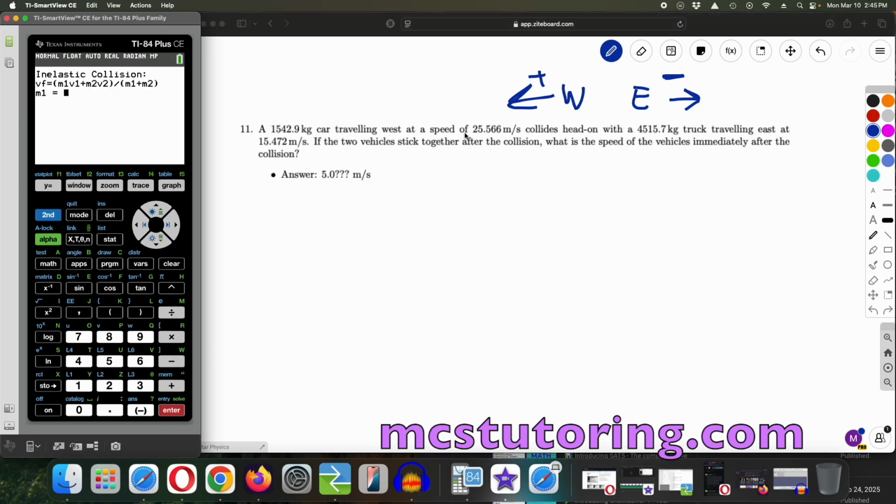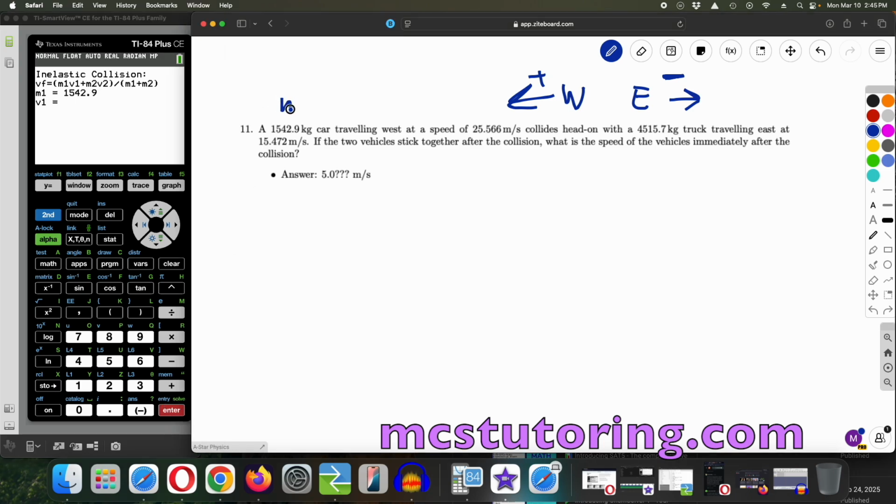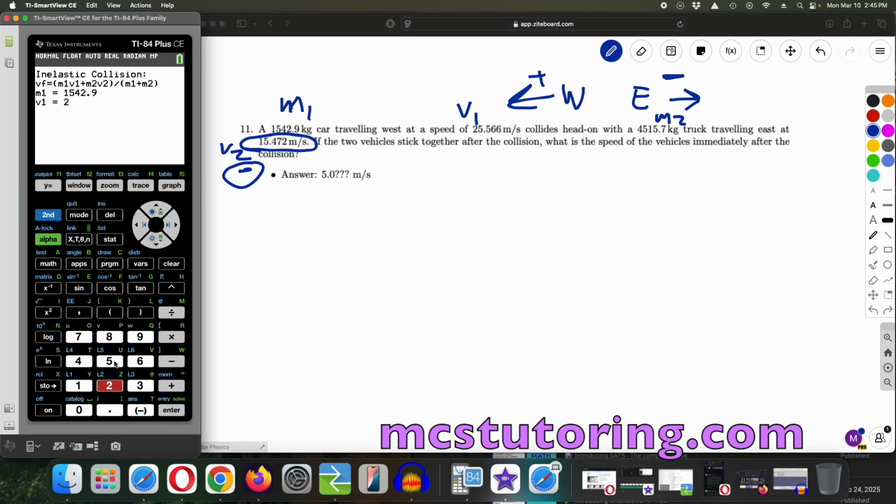So mass 1, that's the 1542 point. I'm getting sloppy here. Let me just label that. That's our mass 1. That's our V1. This is mass 2, and this is our V2. The V2 is going to be negative because it's traveling east. For me, it's going to be negative. Two vehicles stick together after collision; we want the speed of the vehicles after. So the V1, again, is